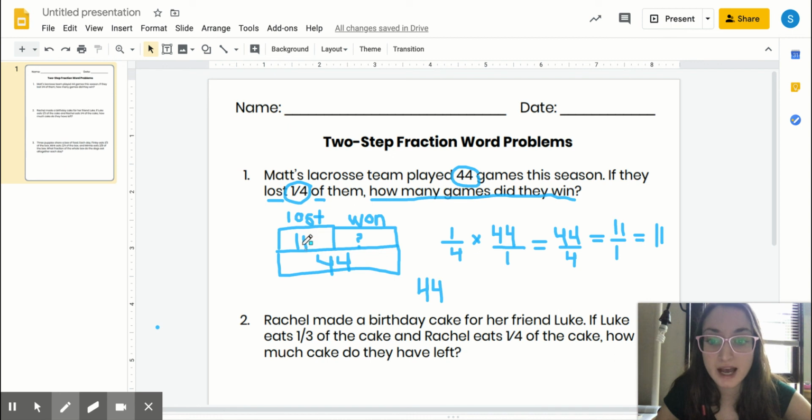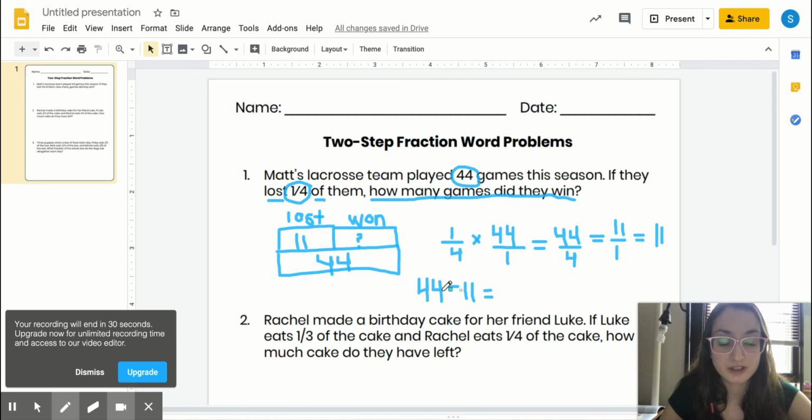So 44 minus the part that we know, which is 11, equals what? Now you might want to line this up and do your subtraction on the side. 44 minus 11 is 33. Awesome, so 33 games. And if you wanted to make this into a sentence as your answer, you're going to want to read the question one more time. They're asking how many games did they win? So we can say they won 33 games because that's the other part on our